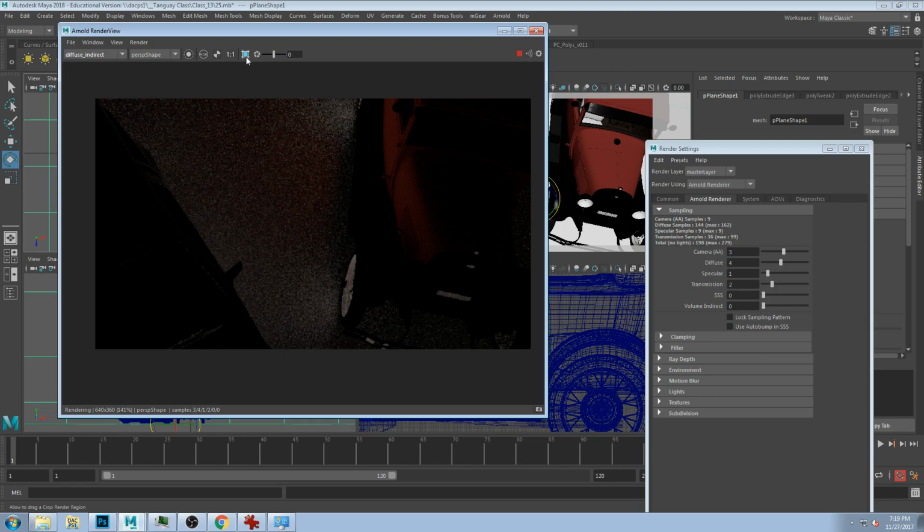So we have overall 3 camera samples, which is the overall sample rate. Now diffuse samples. Once again, diffuse will handle the light that's coming out of lights and hitting objects, and that includes bouncing off of objects and also just hitting them normally, okay? So by looking at the diffuse indirect channel, meaning light that's indirectly hitting objects from other objects, we isolate that and it allows us to clean that up,